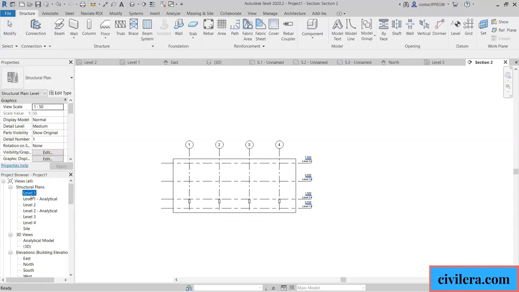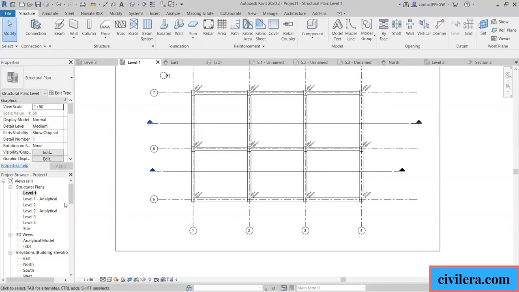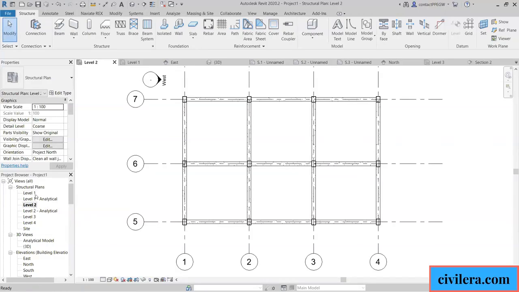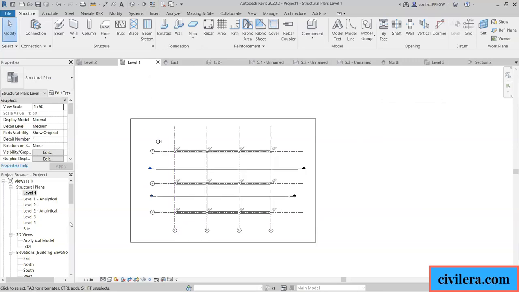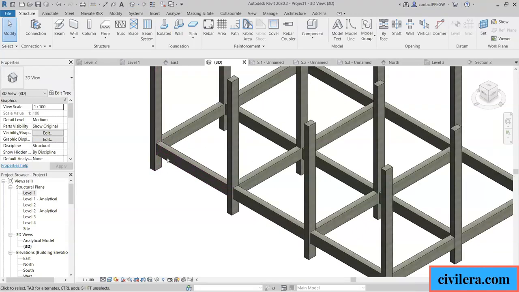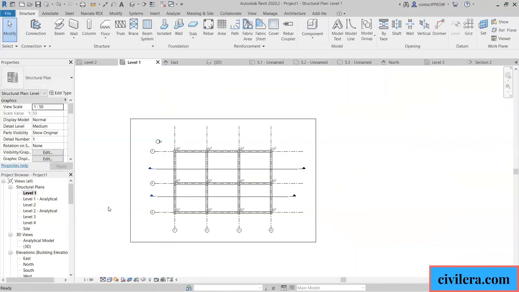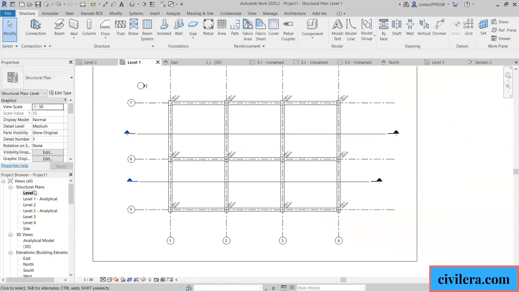So let me come to level 1. This is your level 2, in fact, the plinth level, and level 1 is your foundation level. Now, if you come here, even in level 1, you can see that plinth beam. So if you don't want to see that particular plinth beam in level 1, which is the foundation level, you can